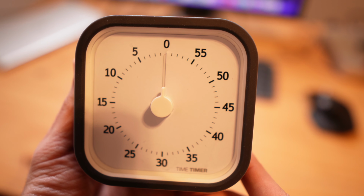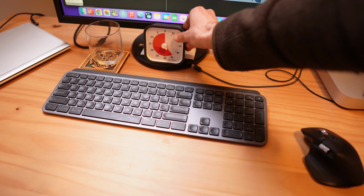All right, first up is the Time Timer. This is a fancy egg timer. I think single purpose physical objects are totally underrated. You can set this timer for up to 60 minutes, and visually it's just very appealing. You can watch it go from red to white, and it'll beep a few times when your focus session is over. I like to keep this right next to my computer monitor when I'm focusing, and I'll use it for meditation as well. It's a little expensive at $25, but it's totally worth having if you want a physical timer